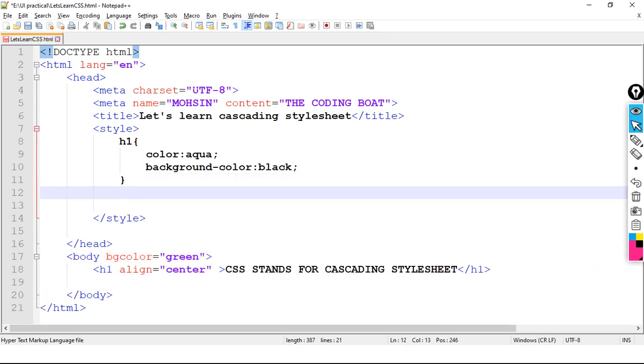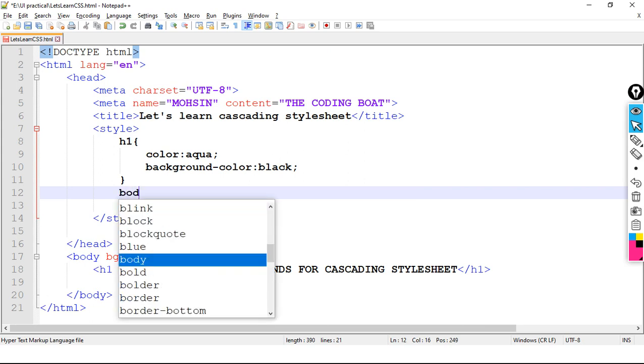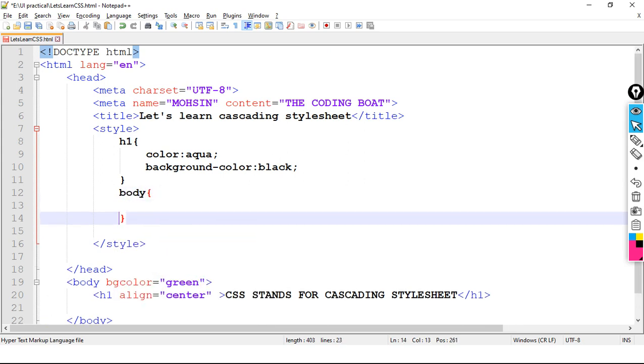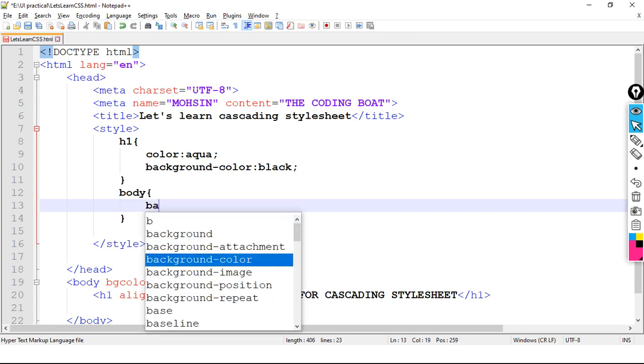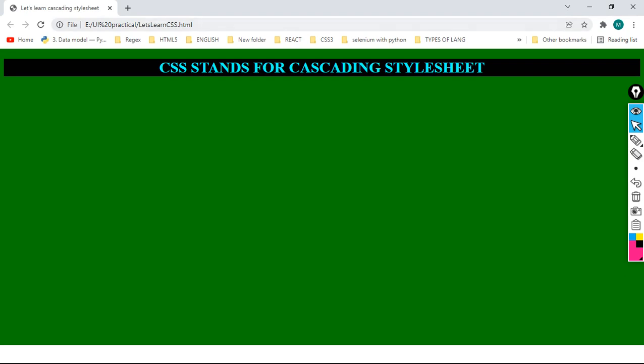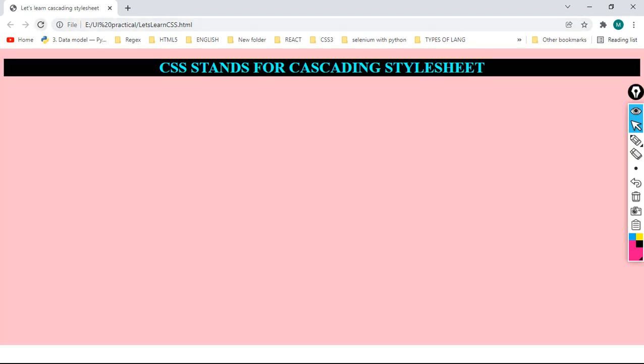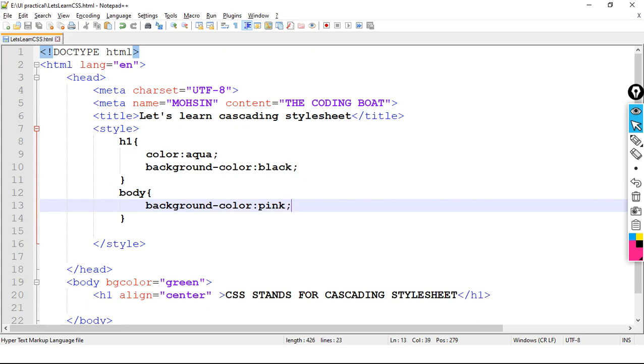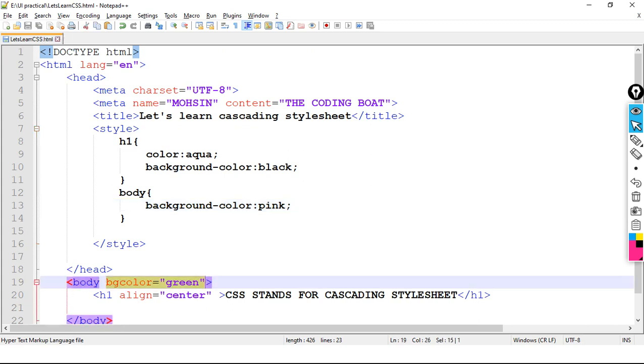So if we use bgcolor and background both, let's see what will happen. Body background color pink. See, at line number 13 I have taken background color pink, and at line number 19 I have taken green. Which one will apply? Refresh. Which one is implementing? The HTML attribute value is implementing. So bgcolor has more priority.